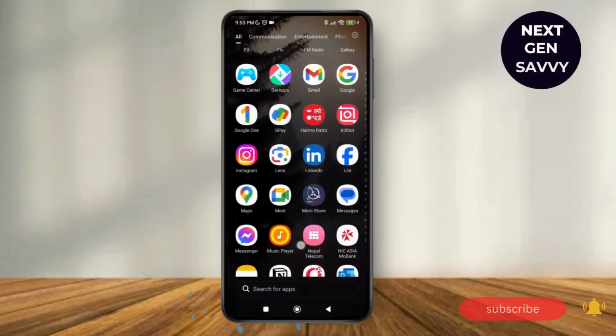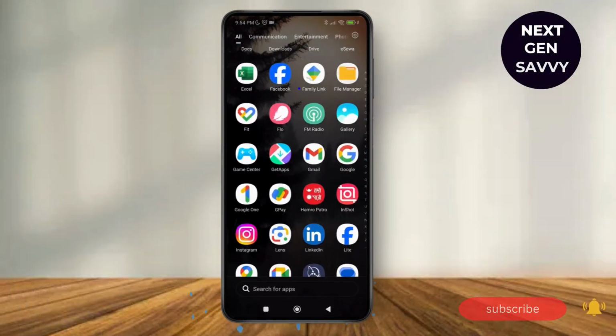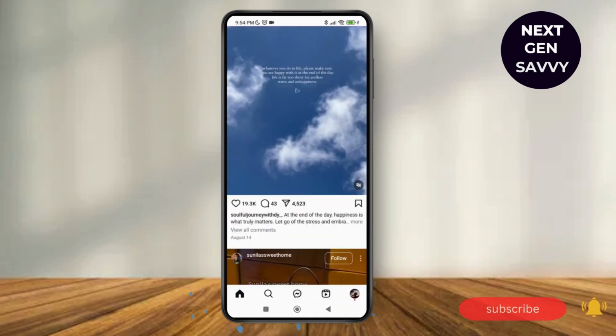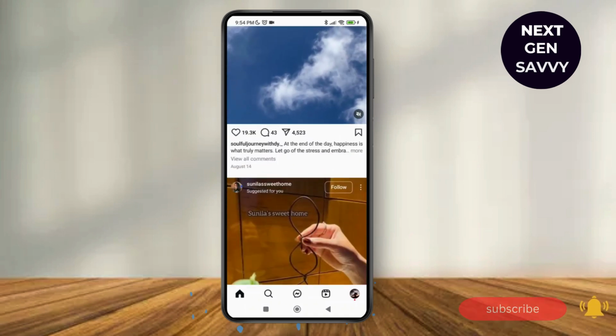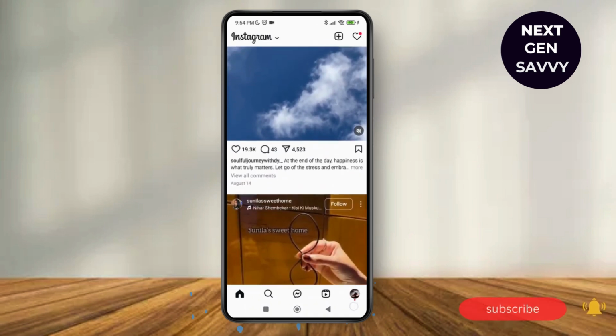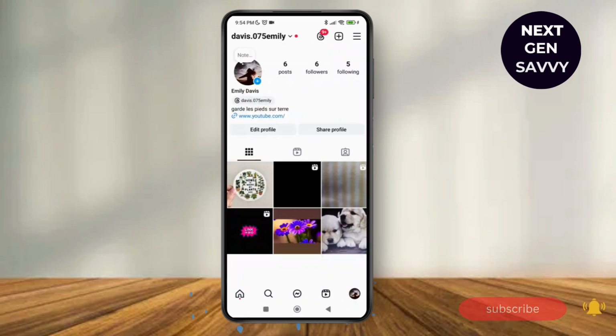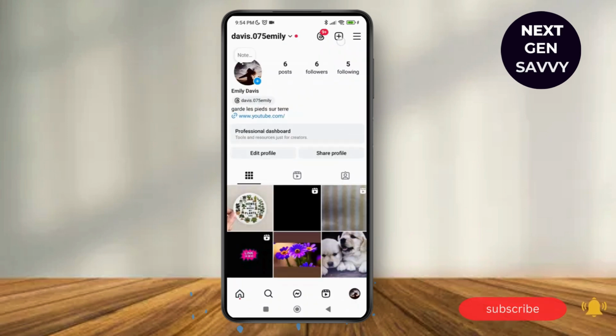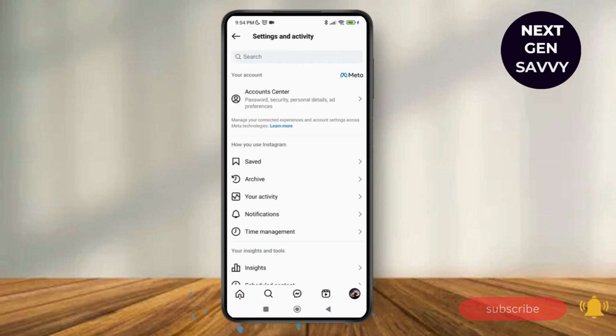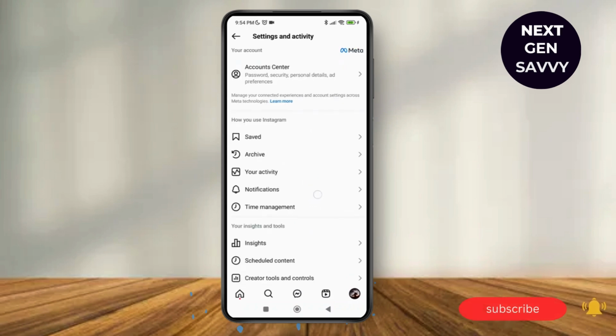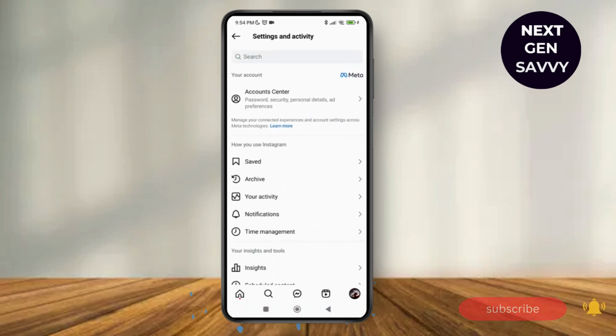So first of all, what you need to do is just launch the Instagram application on your device and make sure that you're logged into your account. After logging into your account, tap on your profile at the bottom right corner of the screen. Then tap on the hamburger icon at the top right corner of the screen again. And as you do that, it will lead you to settings and privacy where you need to tap on account